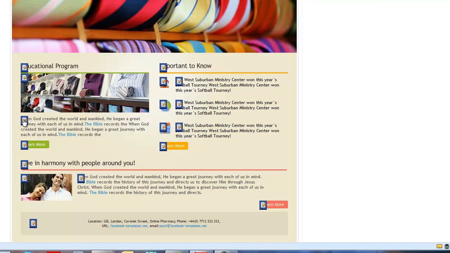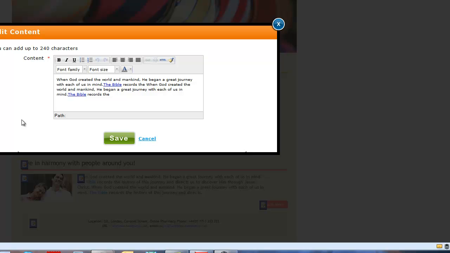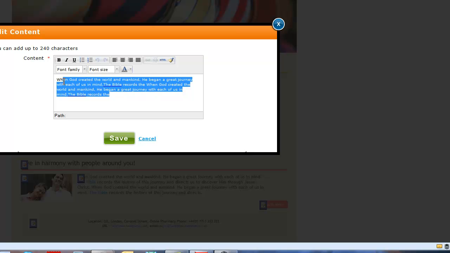What we want to do is we want to add some text, so we'll click on this one here, and it'll bring up a text box, and it says you can add up to 240 characters of text, and you can also add links, you can change the font, the color, whatever you want, bold it, underline it, whatever you happen to want to do. So we want to put some text in here. We want to get rid of this standard text, so we'll get rid of that, and we'll write